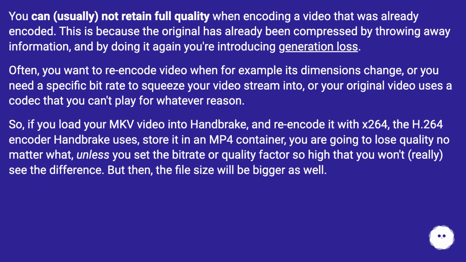You can, usually, not retain full quality when encoding a video that was already encoded. This is because the original has already been compressed by throwing away information, and by doing it again you're introducing generation loss. Often, you want to re-encode video when, for example, its dimensions change, or you need a specific bit rate to squeeze your video stream into, or your original video uses a codec that you can't play for whatever reason. So, if you load your MKV video into Handbrake and re-encode it with x264, the H.264 encoder Handbrake uses,